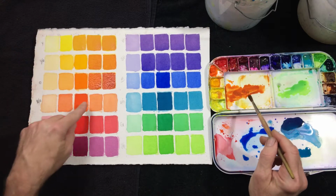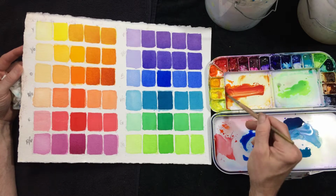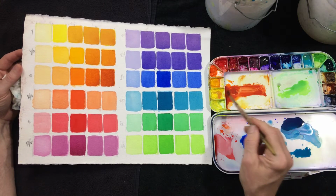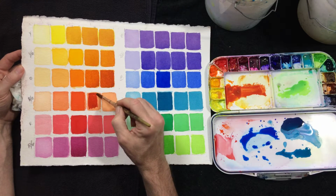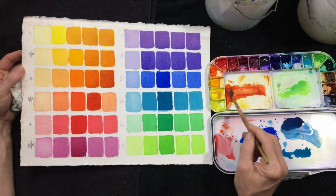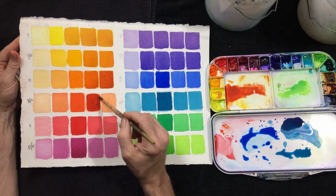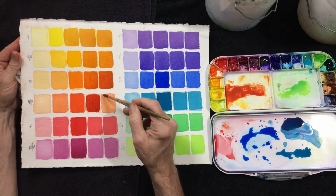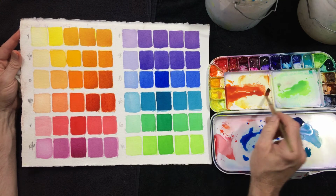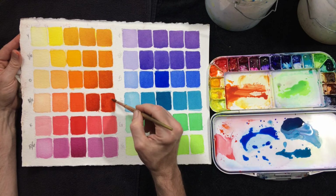Let's see, I think for this next one, I'm just going to add in a little bit of naphthol red into this mix, just to make sure it's going in the red direction, but still getting darker. Get a touch more water, make it flow a little better. So these are, you know, subtly different. And I'm going to keep going until this video